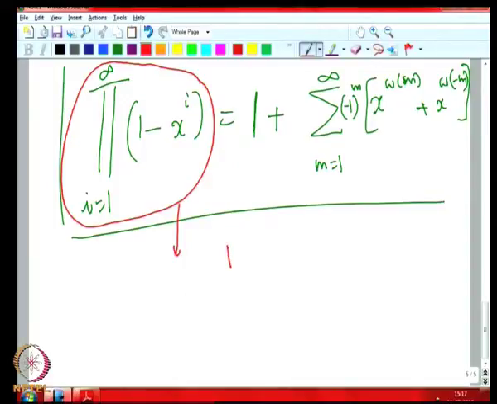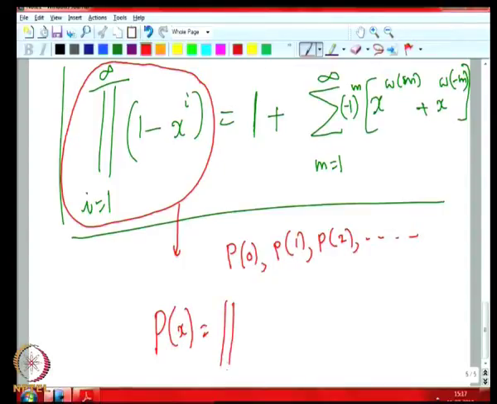Remember, the generating function for the sequence p of 1, p of 2, and so on, corresponding to the number of partitions of n, p of n being the number of partitions of n. This we had found is the generating function p of x for this thing,